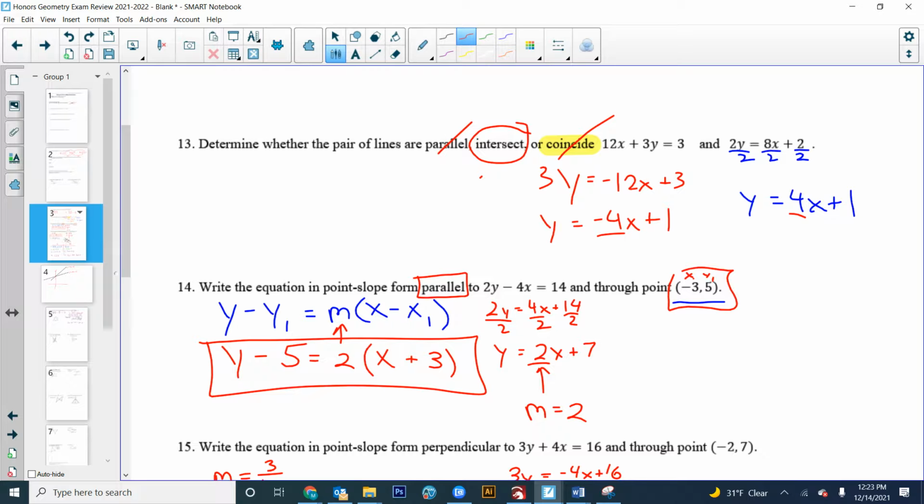All right, next. Parallel. As soon as they told you parallel, you should be looking at this line and saying, I'm going to steal your slope. I'm going to put you in slope-intercept form. I'm going to steal your slope, all right? Your slope is 2. My slope's going to be 2. So when you use this point and that slope, you put it in point-slope form. All eyes up here for a minute. This is the line in point-slope form. What would happen if you distribute the 2 and add the 5? It would be in